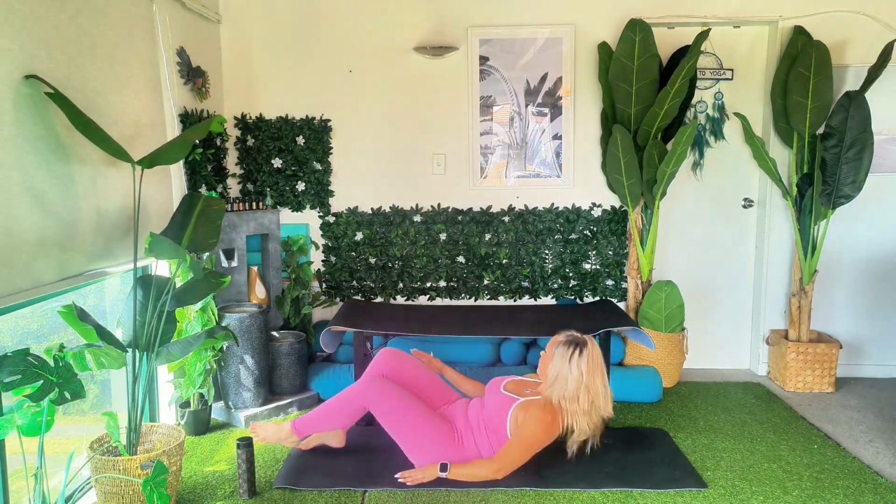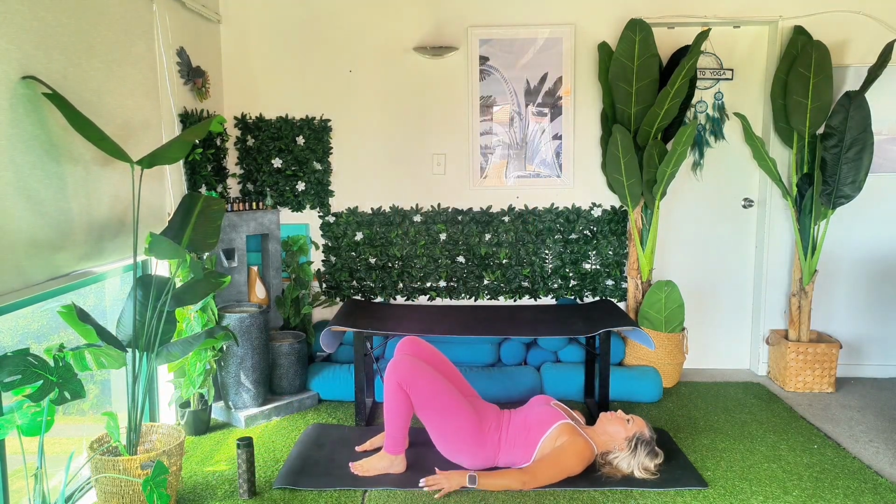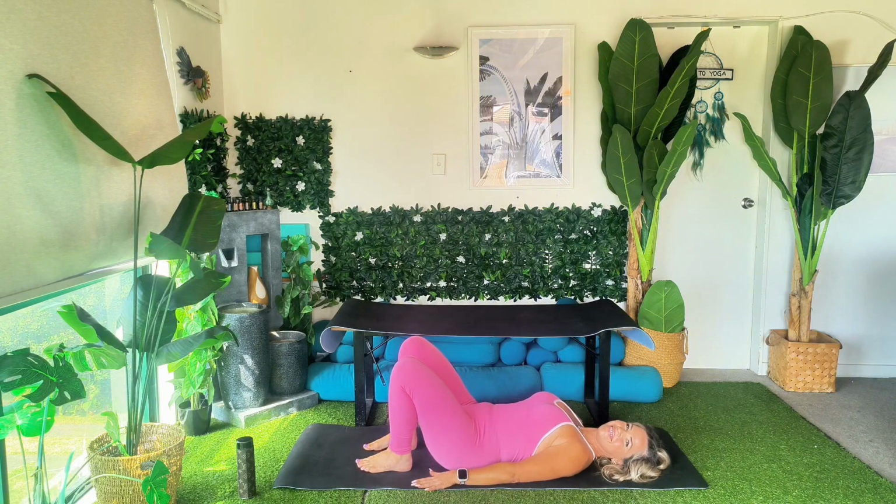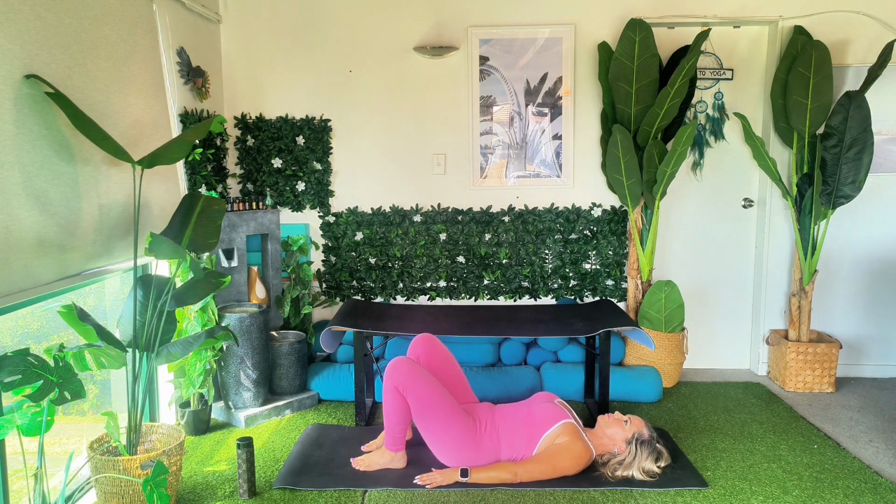Just getting past those barriers. Nice. And then pressing all the way back up to standing. Nice. Let's roll all the way down onto your back, reaching the fingertips towards the back of the heels, letting the shoulders come away from the ears, back of the shoulders connect down into your mat, core is engaged,